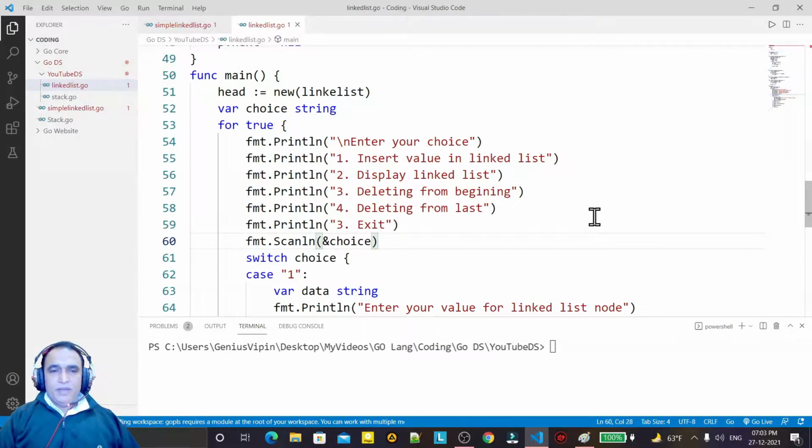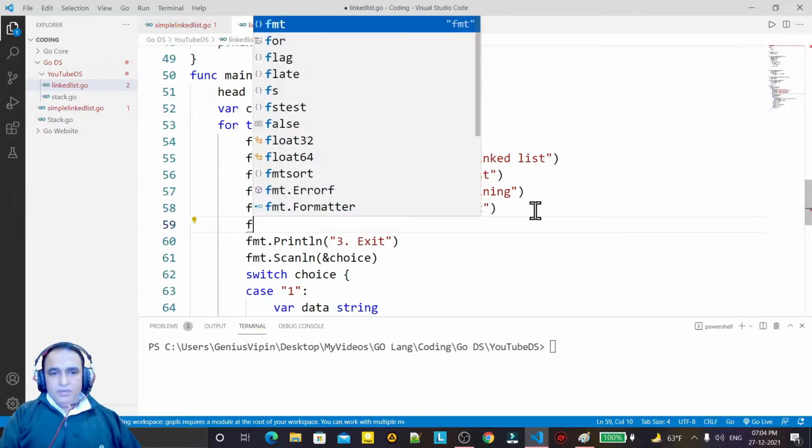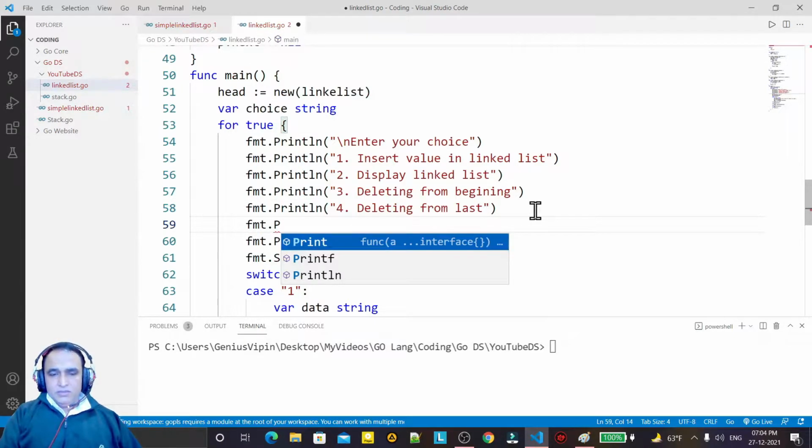Hello guys, welcome back. In the previous two videos we have learned how we can create a linked list in Go language. In the first video we learned how to create a linked list, insert a node and display the nodes from the linked list. In the second video we learned how to delete from the beginning and how to delete from the last node. Now in this video we are going to learn three concepts in a simple linked list,